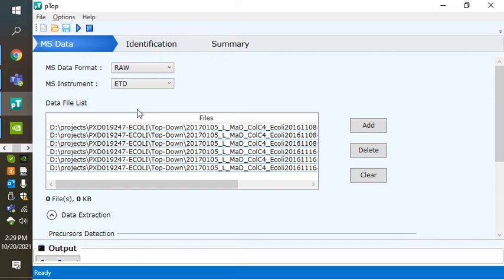A lot of people, I think, are familiar with ProSightPC, particularly for Proteome Discoverer or TopPIC. pTop, I think, has received relatively little exposure outside of China, and I wanted to see that other people knew about it. Why do I recommend pTop is a good tool to complement what you already have? I would say, first off, it's free, and that is a really big plus when you're trying to do data analysis at home and are away from a computer that is actually licensed to run some of the more expensive